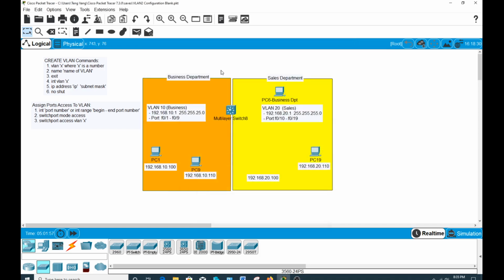So let's begin. Assuming that a company has two departments or two buildings, call it the business department and the sales department, and the manager or the owner does not want the PC in the business department to get into the PC in the sales department, and vice versa. So what we have to do in here, we have to create two VLANs called VLAN 10 and VLAN 20,